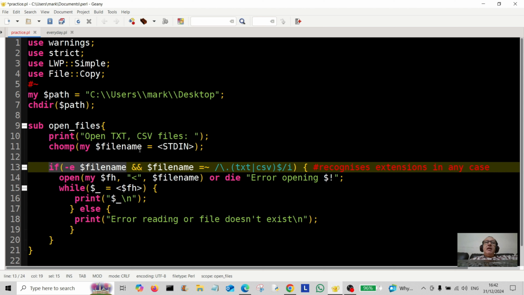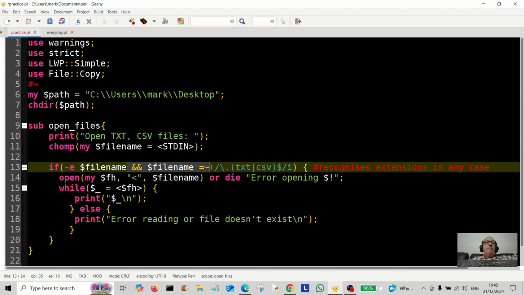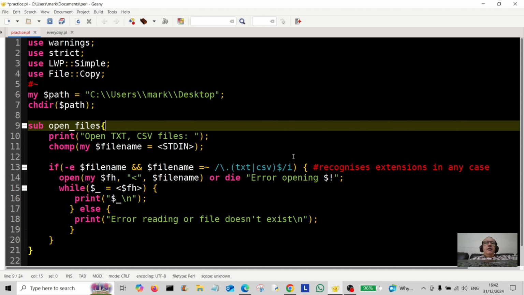the file name that we typed in here exists, and then we go a little bit further, and the file name matches, and this is regex here, so it matches a .txt, and this little pipe here means or CSV, and the $ sign means at the end of it, and the i here